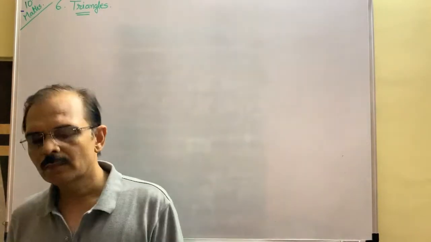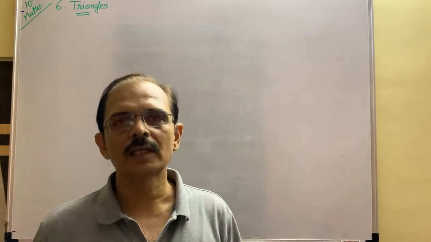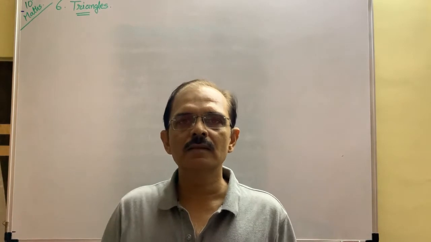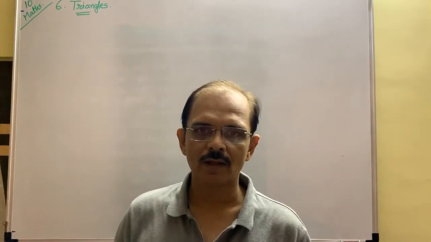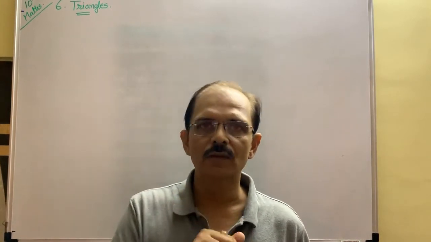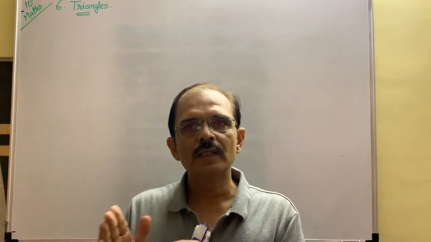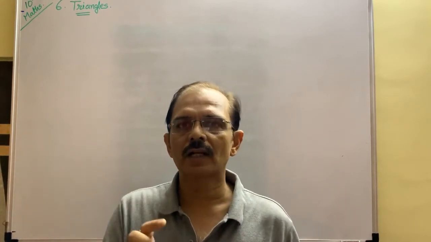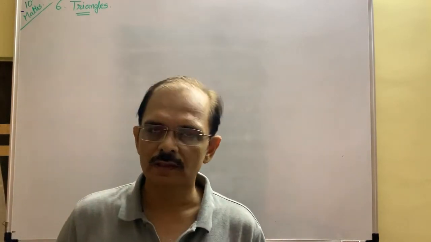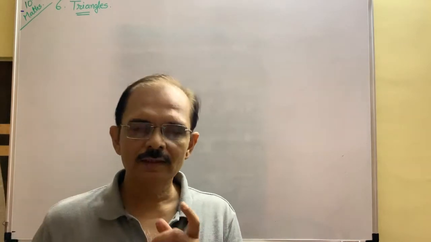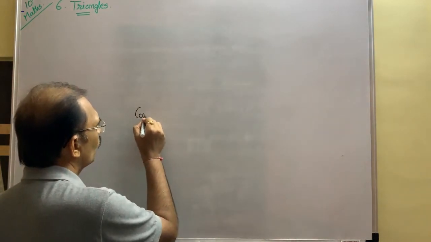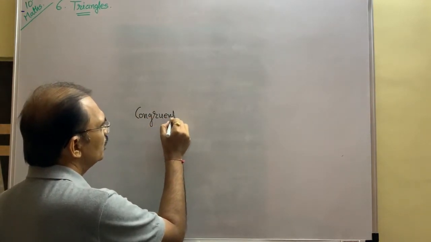You have learned particularly about congruent triangle. You know that in mathematics congruency or congruent means what? Congruent means, don't say similar, right? Congruent means equal in measurement. Don't say just equal. Equal in measurement means measurement wise, if the triangles or any other figures are equal, then we say that they are congruent figures or congruent triangles. Let us repeat the idea of congruency, that is congruent triangles.